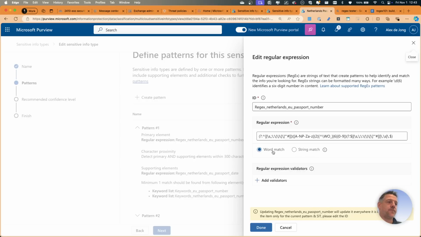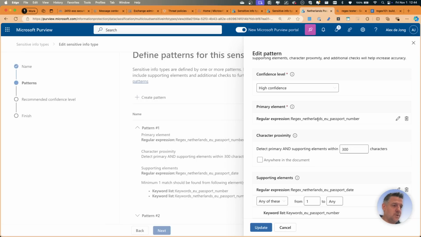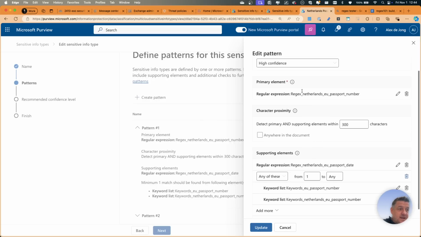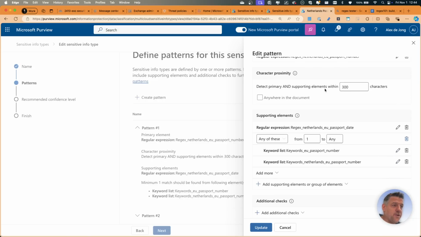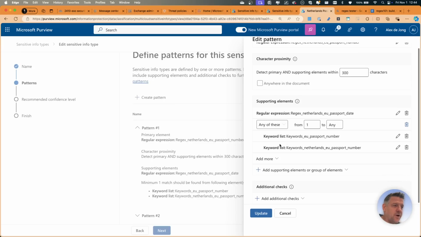The regular expression takes care of the first bit, like, do we think that we are dealing with a Dutch passport number? If the answer is yes, then we look for supporting elements, and we are looking for keywords. So we are looking for words that are in this list,